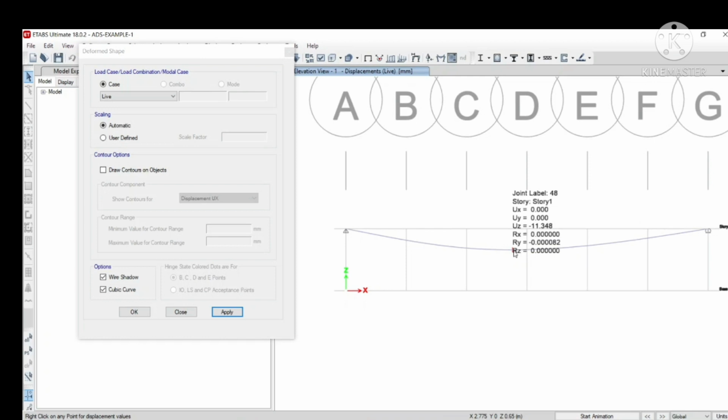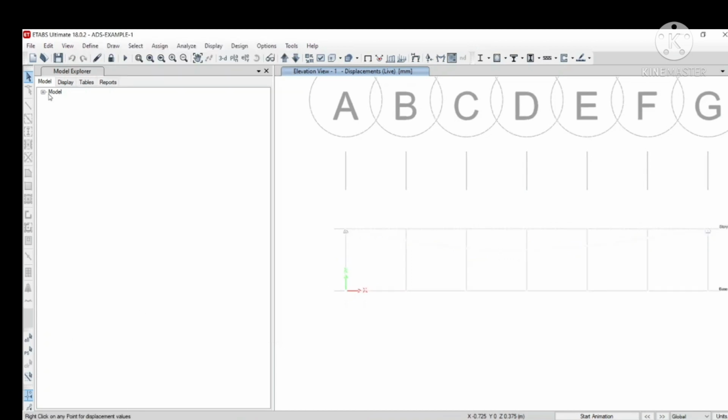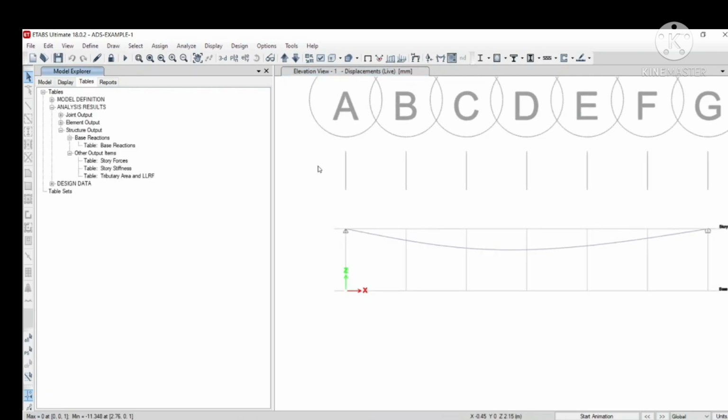And the deflection at midpoint you can also easily track out. So this is our x direction. At exactly the midpoint you are getting 11.238 mm of deflection. So at each and every finite element you are getting the deflection. So these are the parameters which we are interested, and we got the values.